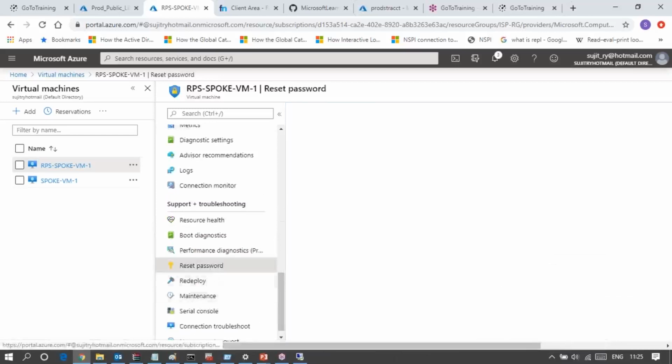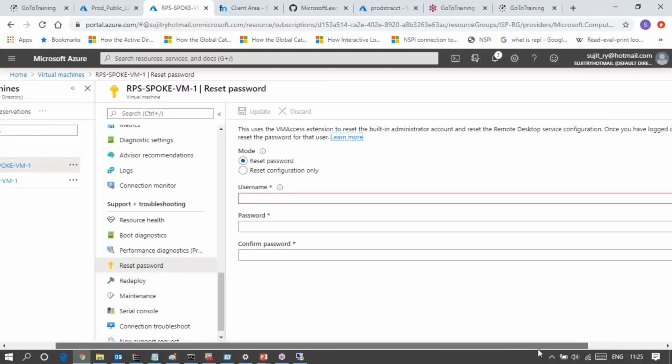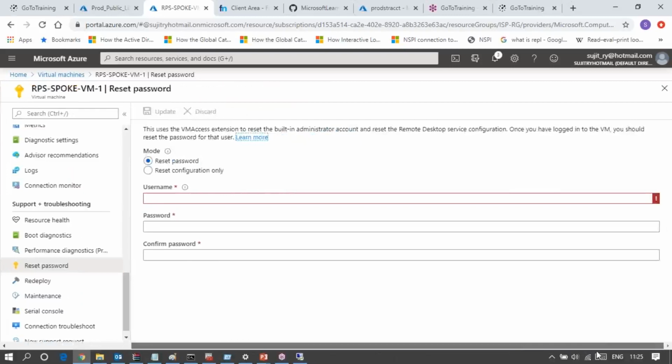Yes, here. Built-in administration, reset the remote desktop service configuration. You should reset the password for the user.